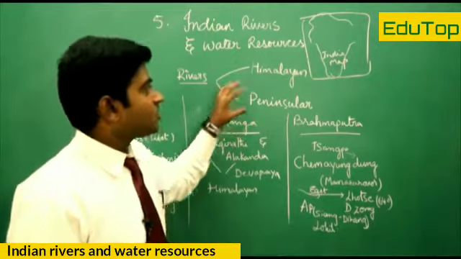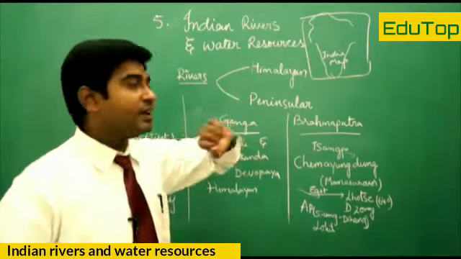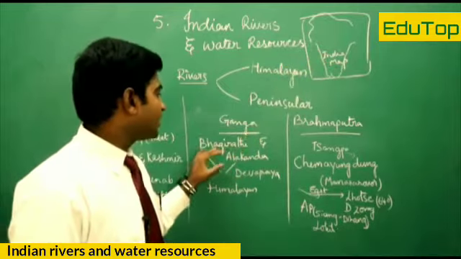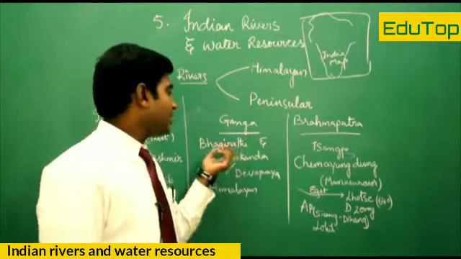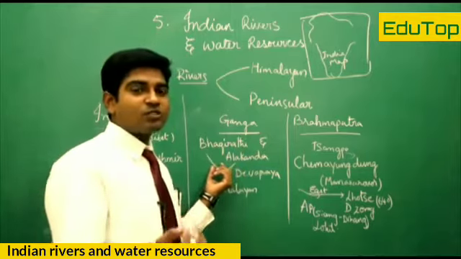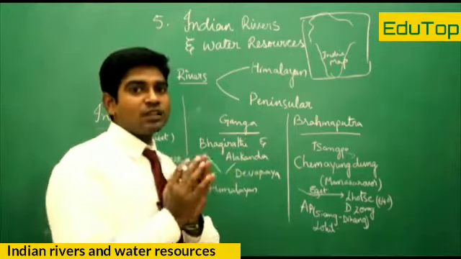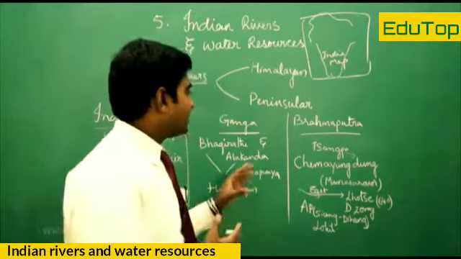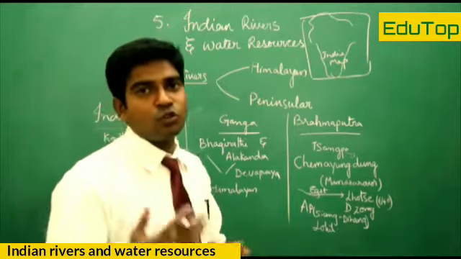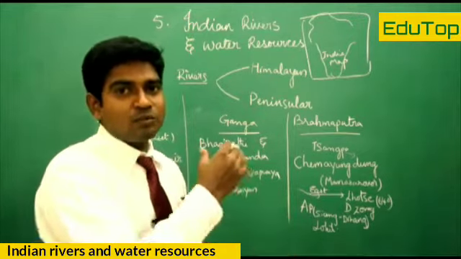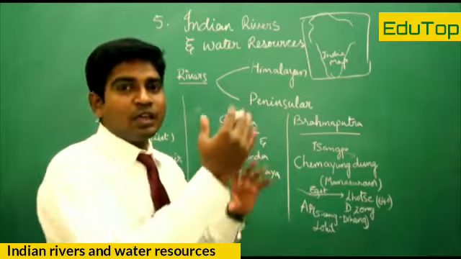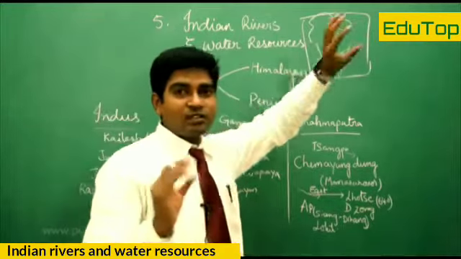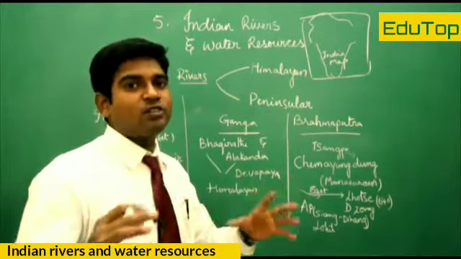Coming to the Ganga, the famous heartland river for us Indians in North India, also known as the Indo-Gangetic Plain river, which influences the Indo-Gangetic Plain. It has its origin at two places, Bhagirathi and Alaknanda. They join at a place called Devaprayag and form the origin of the river Ganga. It also has its origin from the Himalayan region, and it has many tributaries like Son, Kosi and others, which flow through Uttar Pradesh and move towards Bihar, then some parts of West Bengal, and it also has its influence in the Punjab and Haryana regions. So it covers a major region, with nearly 3 to 5 lakh hectares of crops irrigated